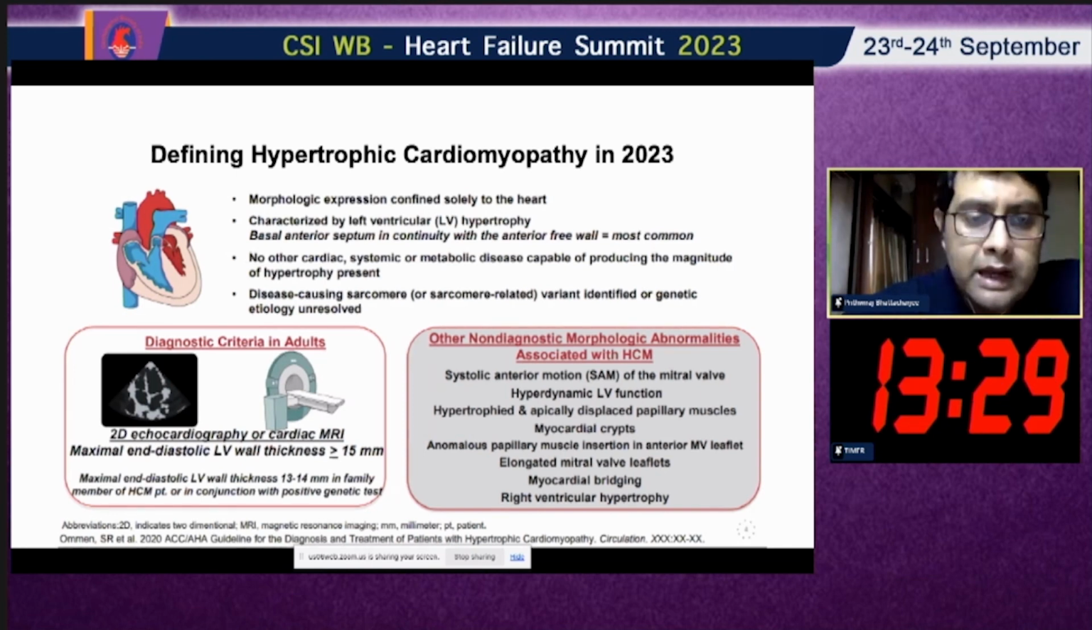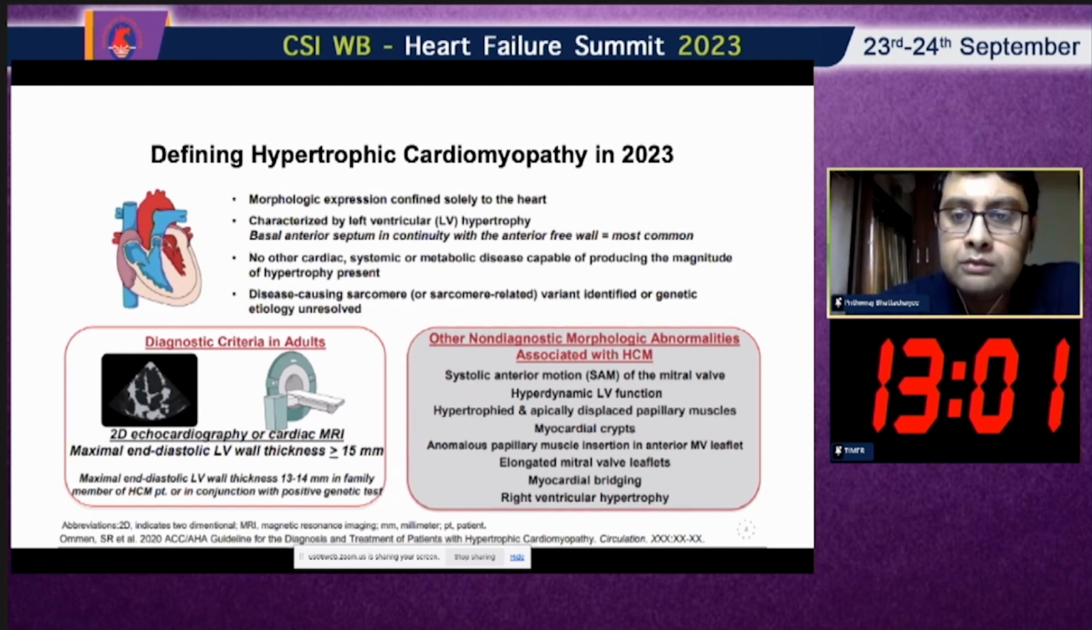In adults, the diagnostic criterion on 2D echocardiography or cardiac MRI is a maximum end diastolic LV wall thickness of more than or equal to 15 millimeter. In some patients, maximum end diastolic LV wall thickness may be 13 to 14 millimeter with a family member with HCM diagnosis or in conjunction with positive genetic tests. Some other non-diagnostic